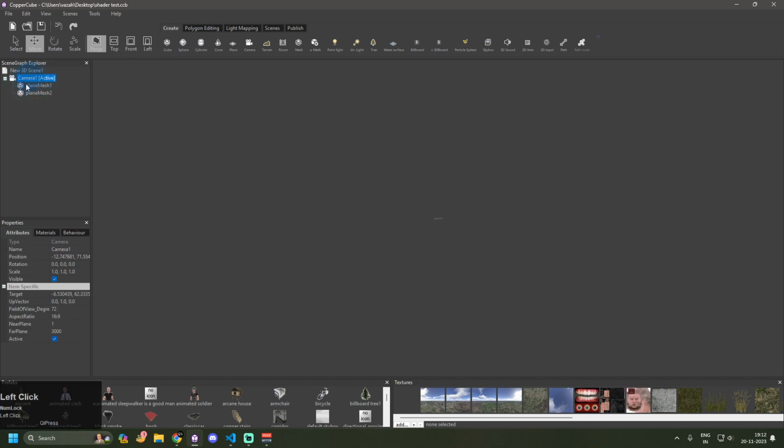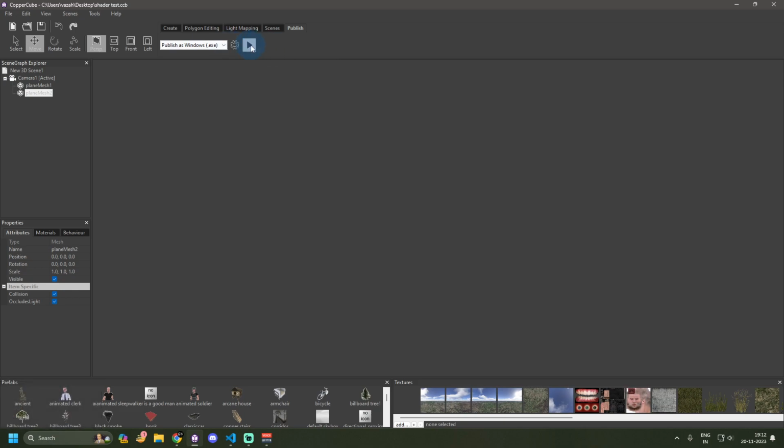Right now I have this FPS camera as the active camera. So I made it a child of my FPS camera, and then simply go to the position of this plane mesh and change it to 0, 0, 0 so that you don't have any confusion here. And now we are going to play with the magical values here. So if I test the application now by pressing this play button here,